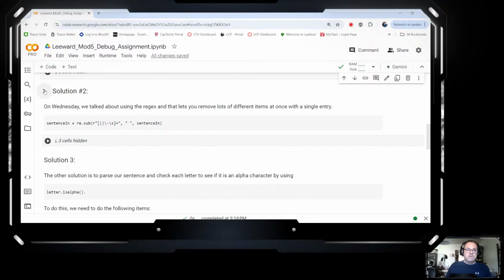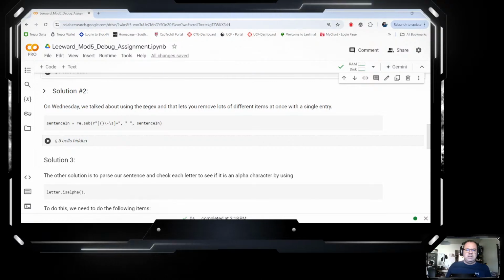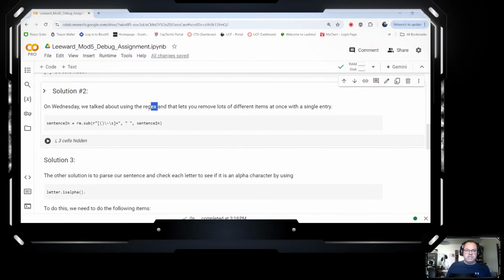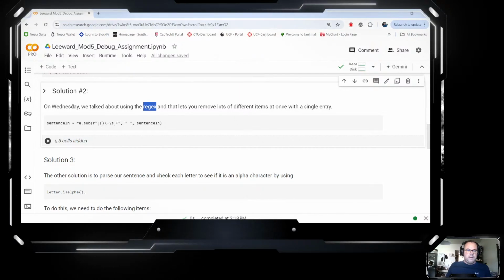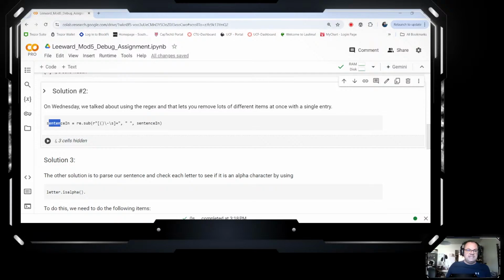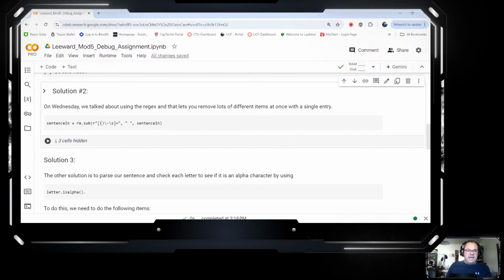Okay. Solution number 2. On Wednesday this week, we talked about RE, which is the regular expression, often pronounced as regex, and it lets us remove a bunch of different characters with a single entry. Okay, and it looks something like this. Our sentence in becomes, we're going to use the regular expression, we're going to substitute, and anything within these